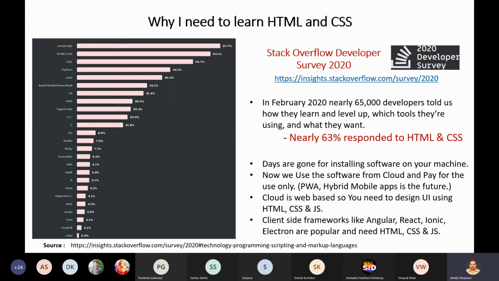A second reason why these technologies are becoming more and more popular is because of the cloud. Nowadays, every enterprise is shifting towards the cloud, right? So what is cloud? It is not part of this course, so I will not go into the detail of that. But because of cloud technologies, the days are gone where you would download the software and install it on your machine. You would download and install, but you would not pay entirely.